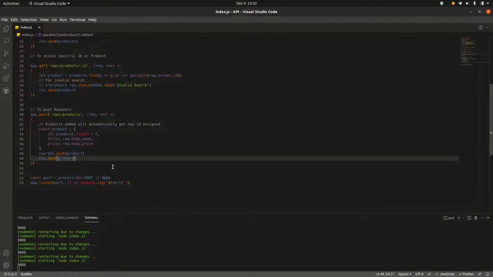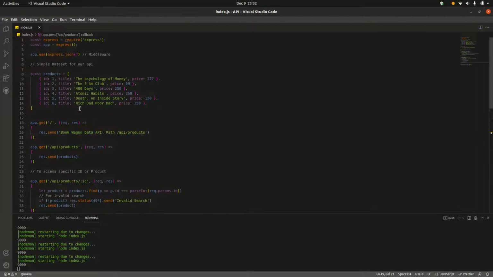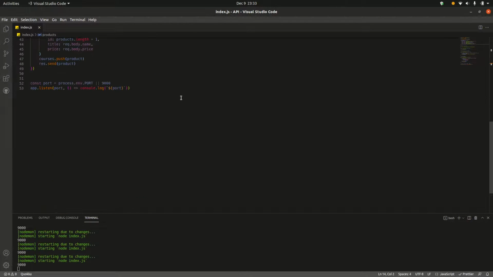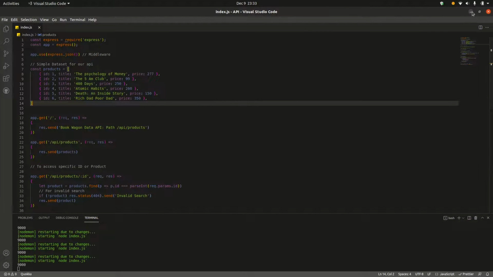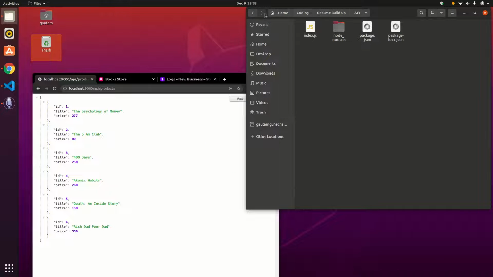It's a very simple Node and Express API. Suppose a user wants to add to this API, he can add from here. The API is very simple. It's not doing very complicated things like fetching data from a database.